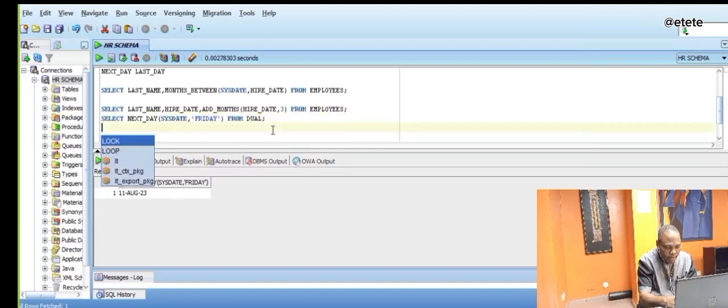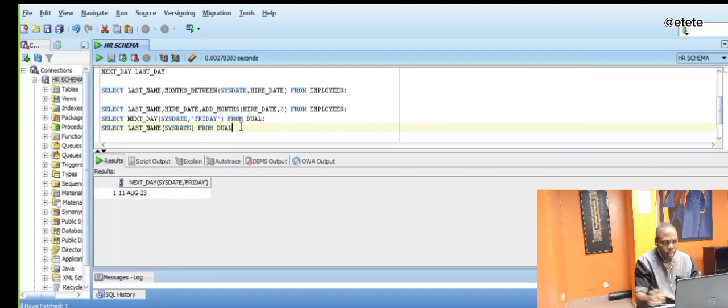I will say select last_day. I'm calling a function last day, and then I will supply. This one is just one argument that it needs, sysdate from dual. So I'm telling it to tell me what will be the last day of this month. Today is 7th of August. So what will be the last day? If I run it,